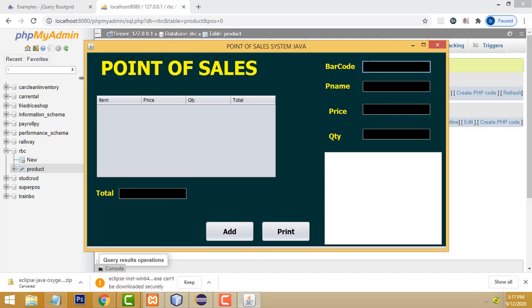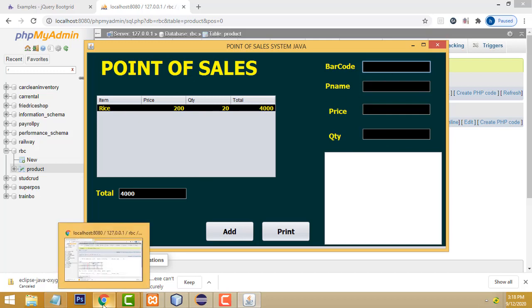If you read the barcode with a barcode scanner, it looks like this. If you enter it here, all the relevant product details for the barcode you enter should be displayed over here. If you enter the quantity and click the add button, it will be added over here, right? Now if you enter another barcode, you can see here